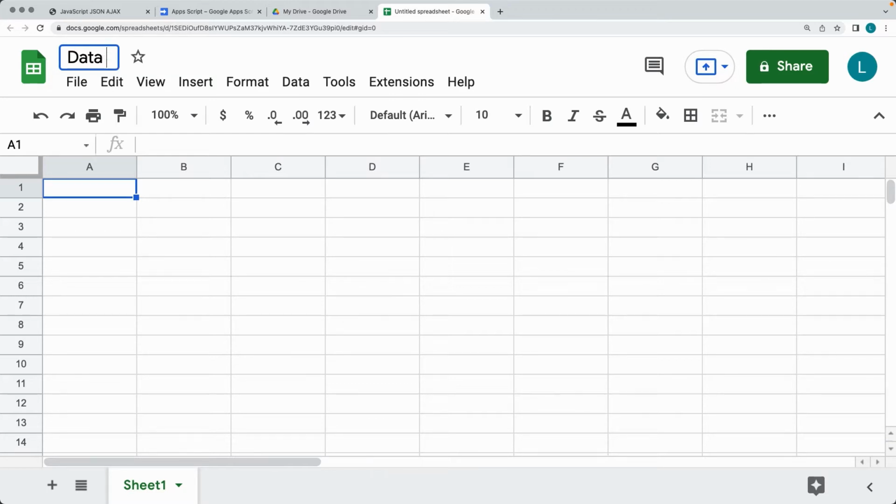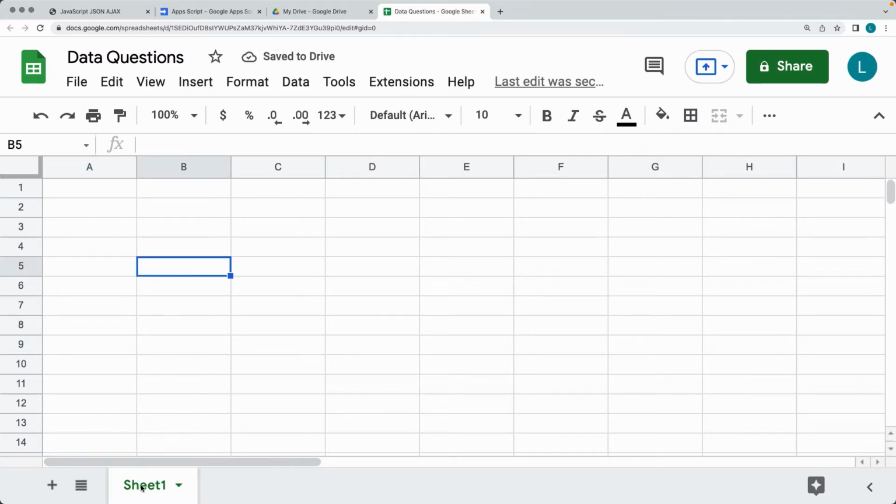So let's just call it data, and we'll call it data questions. Give the sheet a name, and this can be questions. So what we want to do is create some data in here that we want to use, and we're going to create this as a quiz. So the first